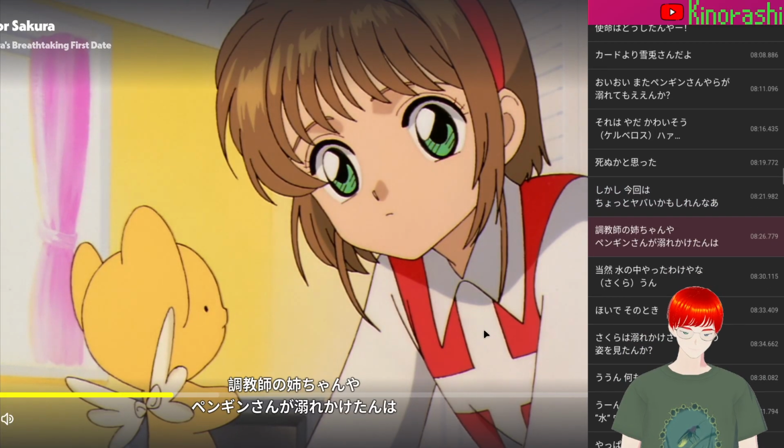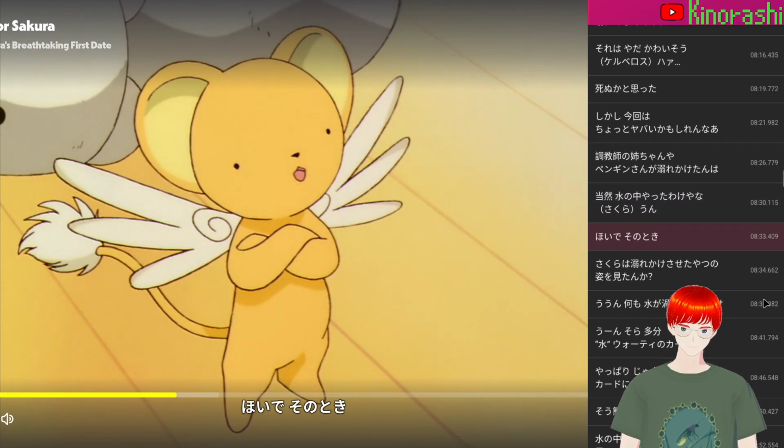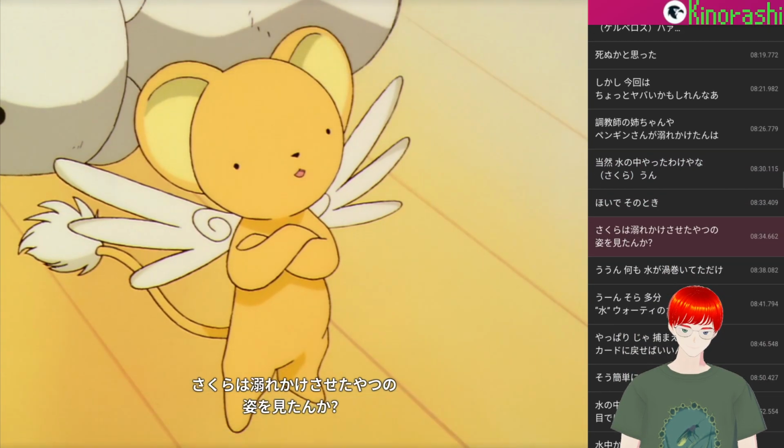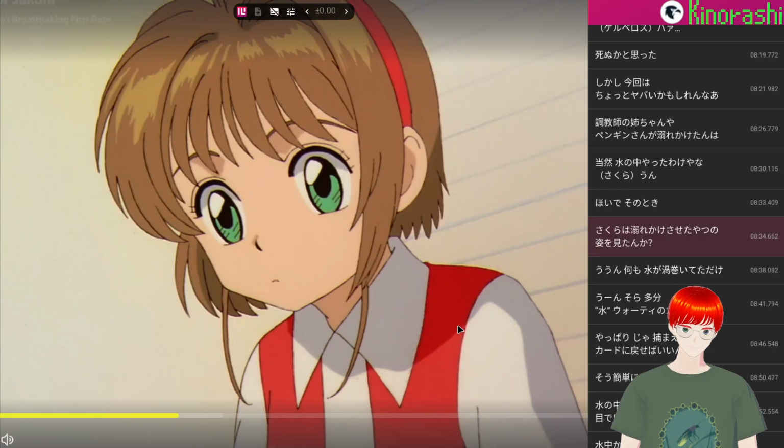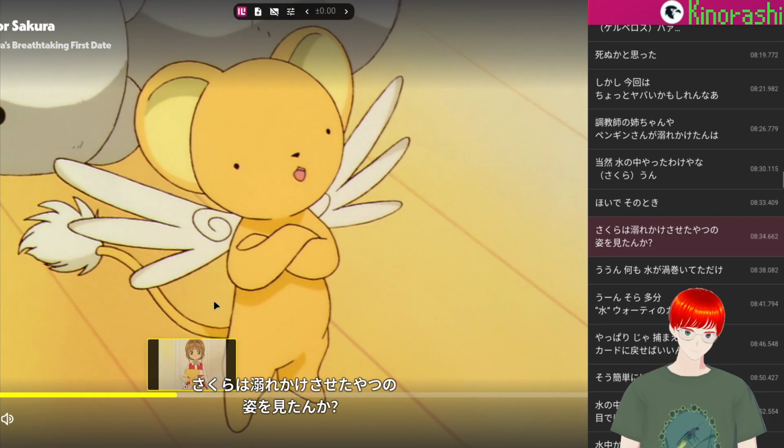調教師の姉ちゃんやペンギンさんが溺れかけたんは当然水の中やったわけやな。おいでその時さくらは溺れかけさせたやつの姿を見たんか？時さくら